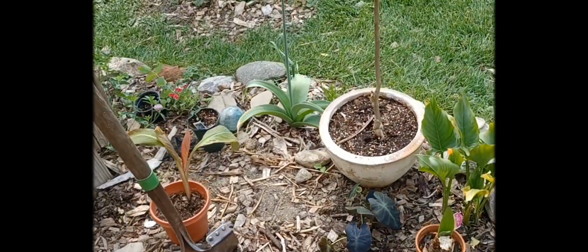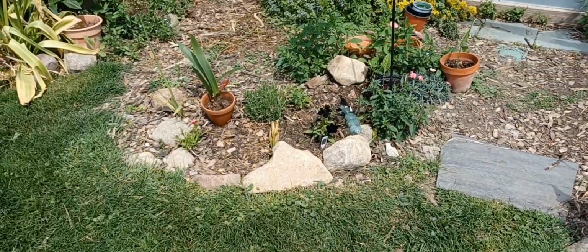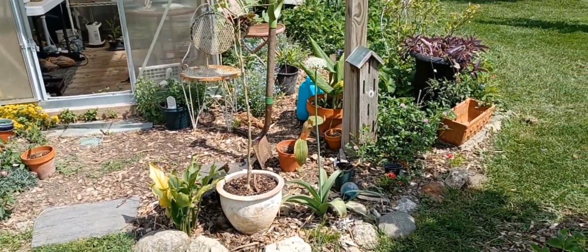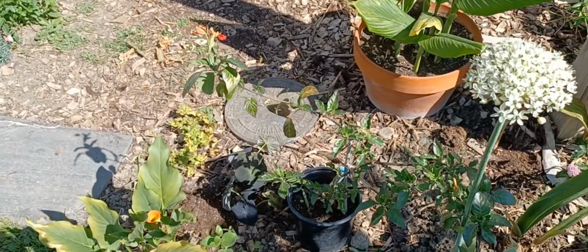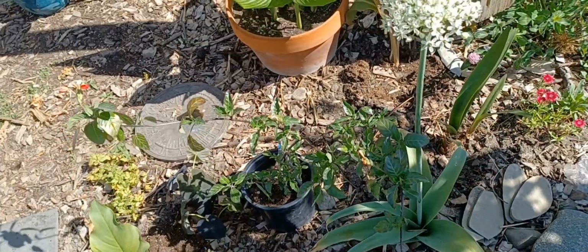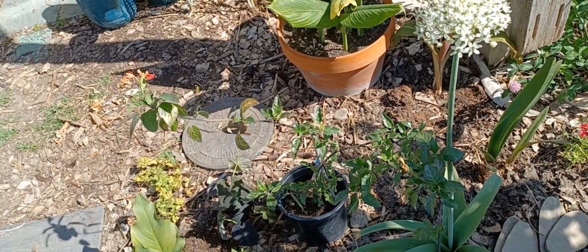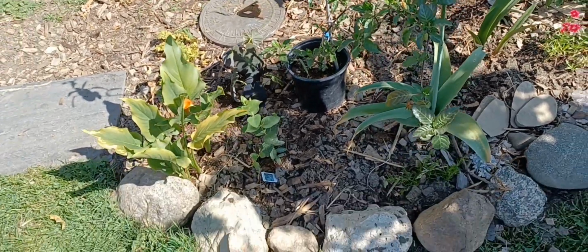This is where I left off. Getting things in the ground. This is really beautiful later on. Shrimp plant. It's a tropical, and that particular plant does winter in the house well. So I guess if I was going to do one over again, I would probably keep this one in the bunch. And I do have seeds from the parent plant. So that'll fill out a good spot